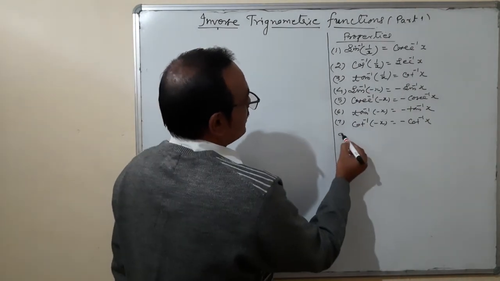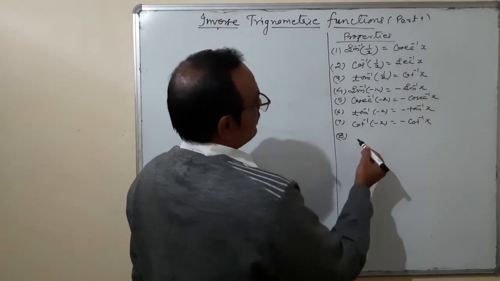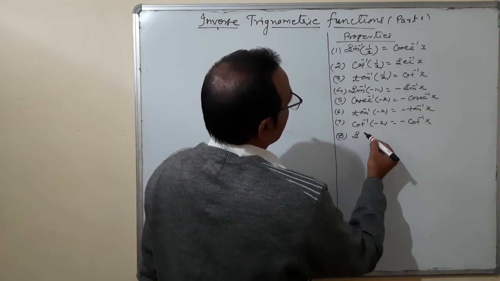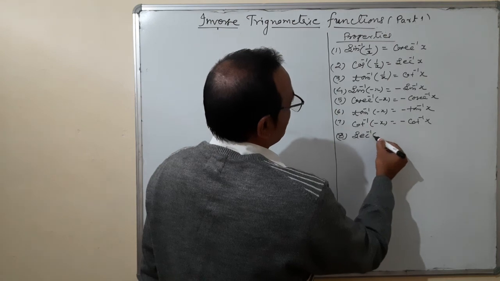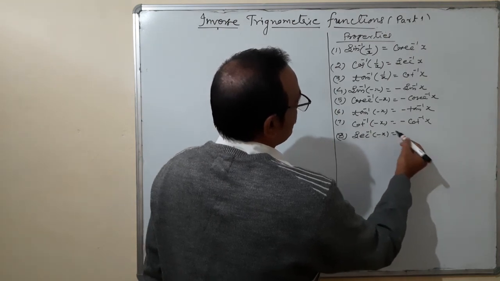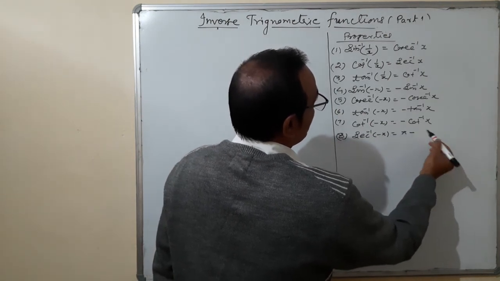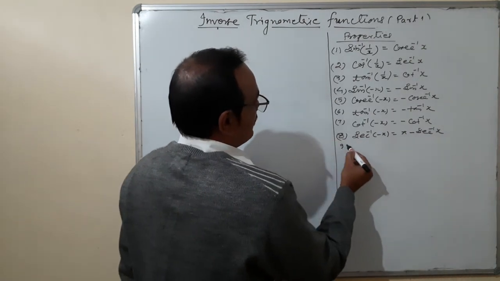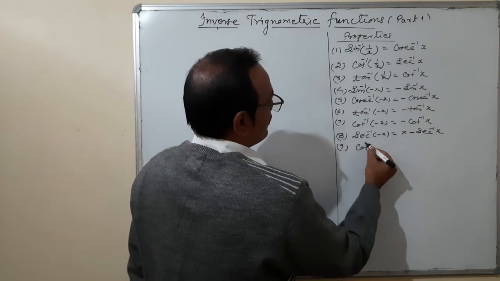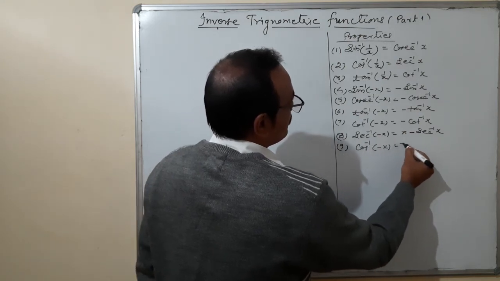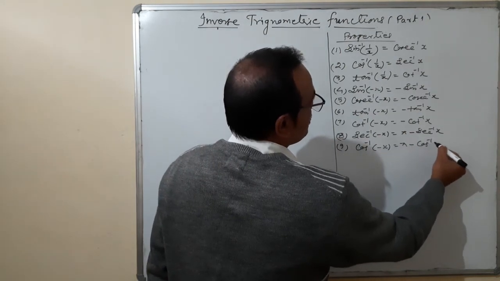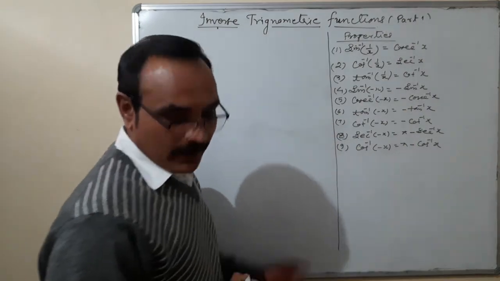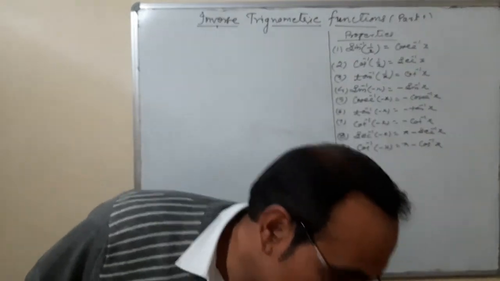And next is 8, sec and cosec. Sec inverse of minus x is equal to pi minus sec inverse x. And 9 is cos inverse of minus x is equal to pi minus cos inverse x. Okay. Other properties are, yes,